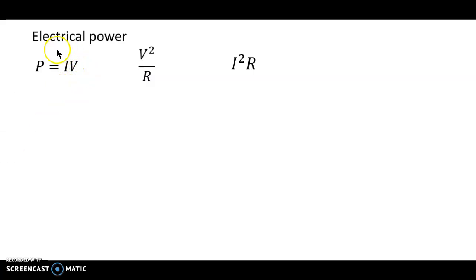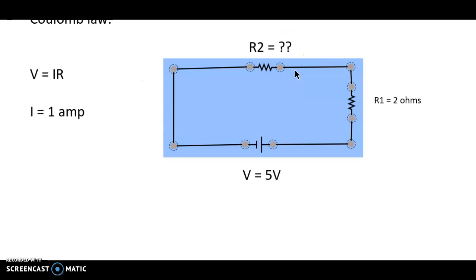Now in the exam, if you have questions asking about electrical power, power equals IV. I have 3 equations for it. One of them is current times voltage. The second one is voltage squared over resistance. The third one is I squared times R. If it's regarding the whole circuit, I have to replace all the resistance or current. It depends. So for the previous question, when we were finding R2,